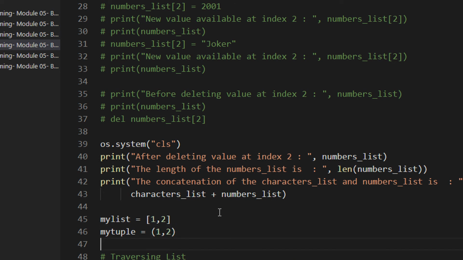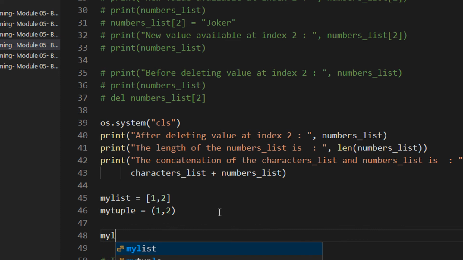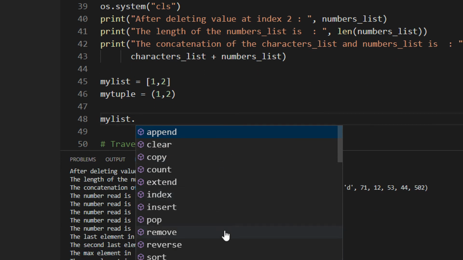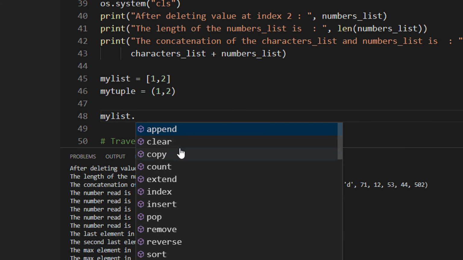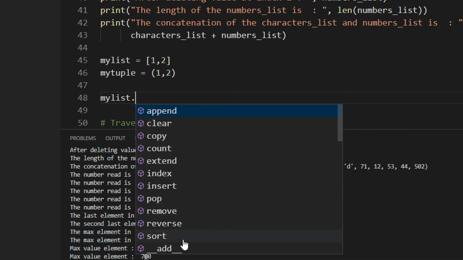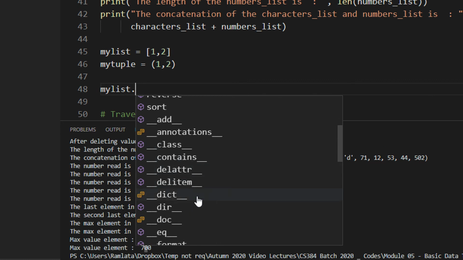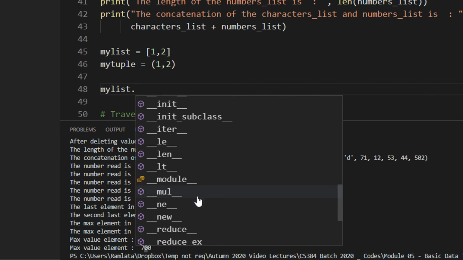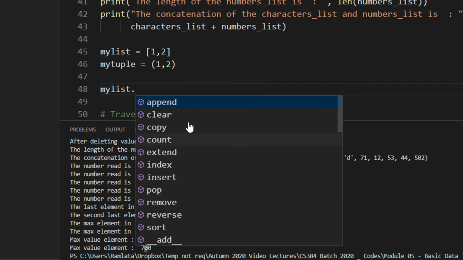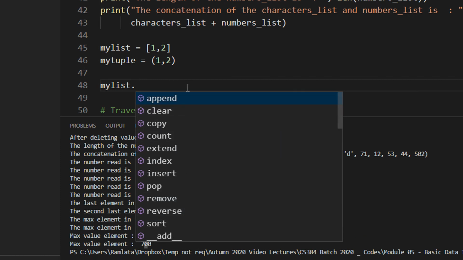Now when you see in VS Code, when I type my list and dot, just see the functions that I get in a list: append, clear, copy, count, extend, and so many more. The underscore ones are magic functions in Python that we will see much later in the CS384 class. But my point is just keep an eye on so many functions.